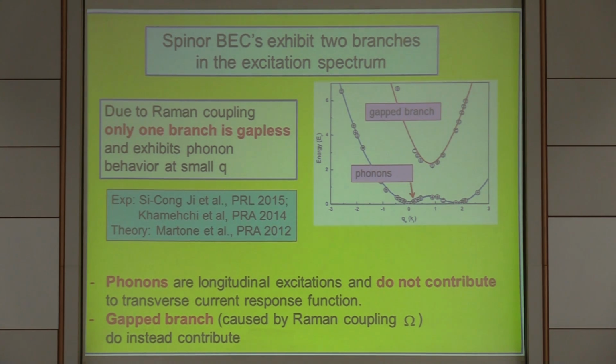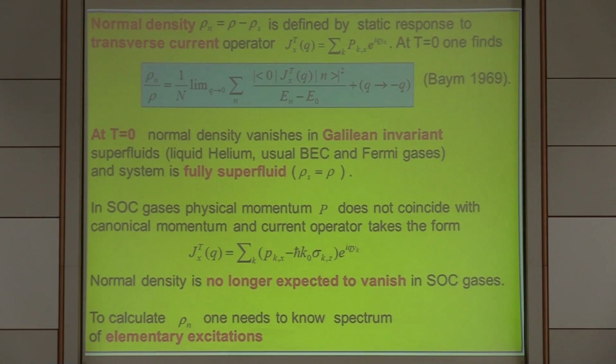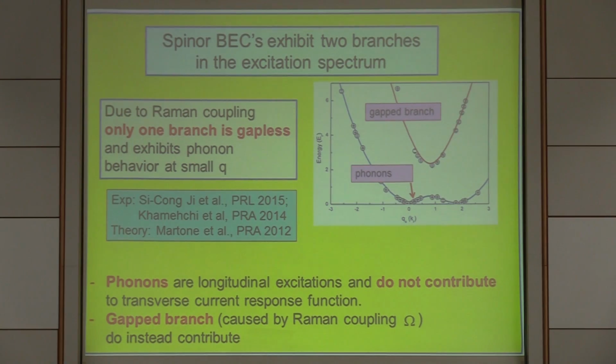So when we calculate the matrix elements needed to estimate the value of the normal density, one can easily realize that phonons, being longitudinal excitations, cannot contribute to the transverse current response. While the gapped branch, which is caused by the Raman coupling,